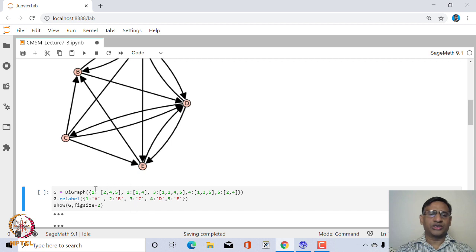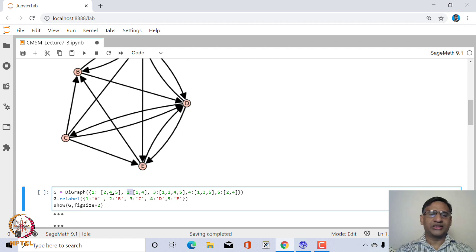What you are doing is saying make a directed graph from nodes 1, 2, 3, 4, 5, and from node 1 there is a link to 2, 4 and 5. From web page 2 you have a link to web page 1 and 4 and so on,